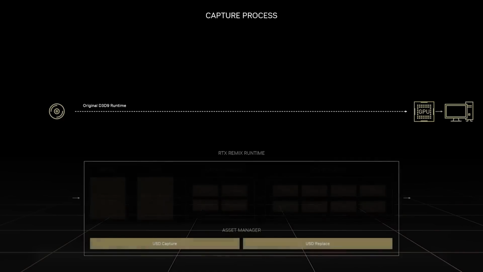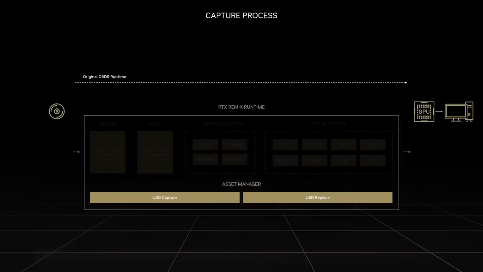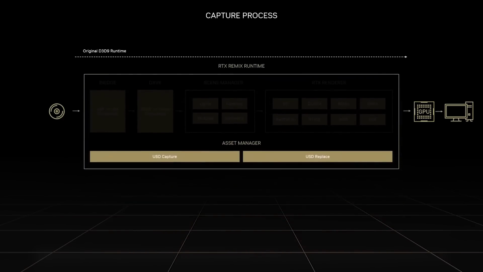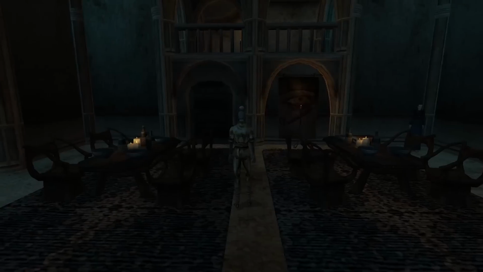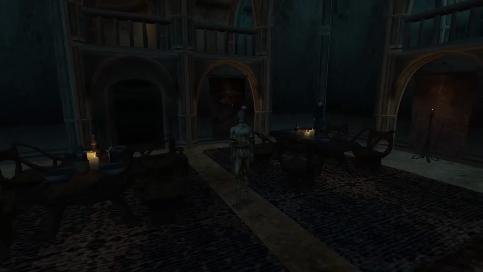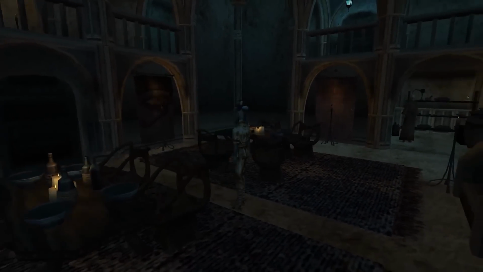The journey starts with a powerful capture tool included in the Remix runtime. When Morrowind detects the presence of Remix, it will utilize it as its primary renderer rather than the original game's. By intercepting the rendering process like this, Remix can see the game world. All I have to do now is press the capture button in-game and the Remix runtime will take a snapshot